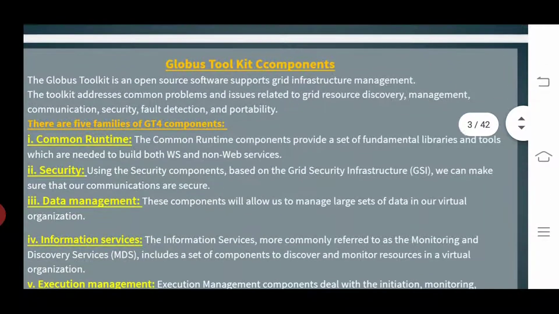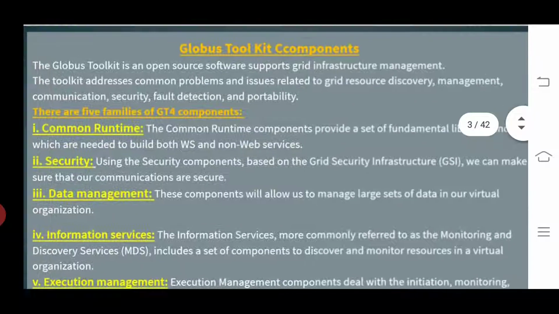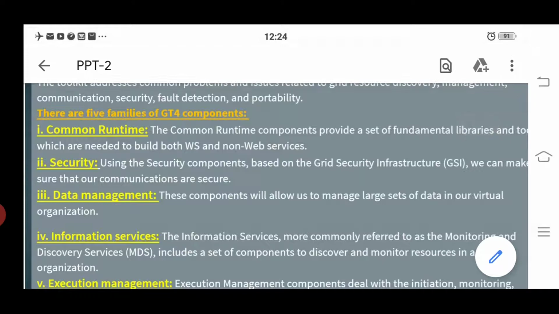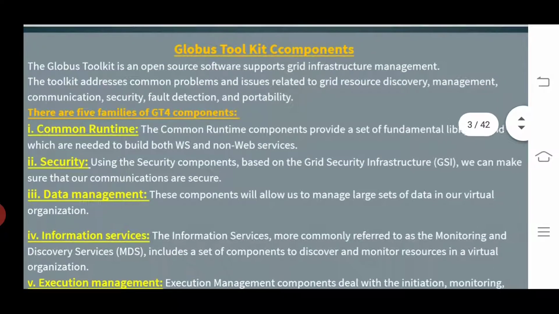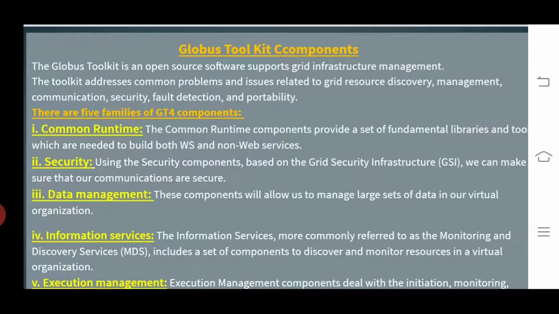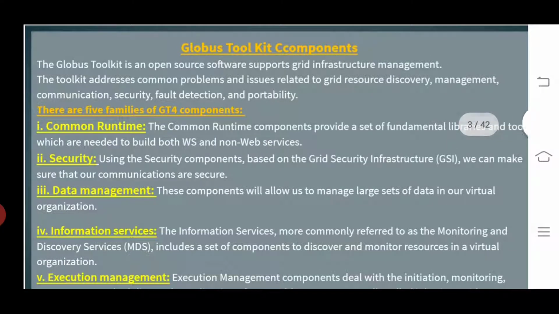The continuation of this topic is the Globus toolkit components. Now we can see the Globus toolkit components.